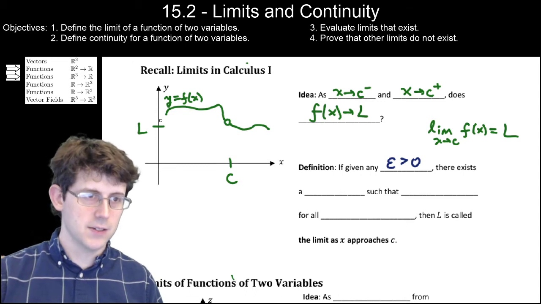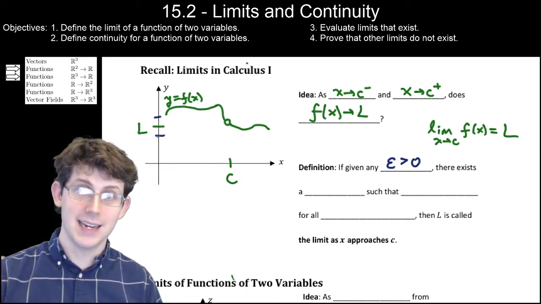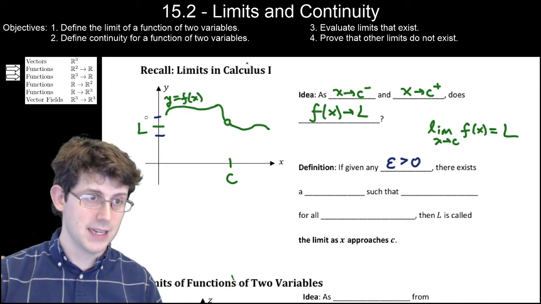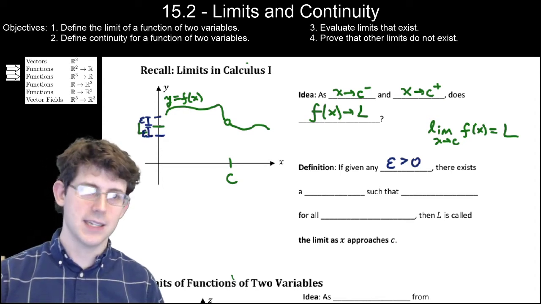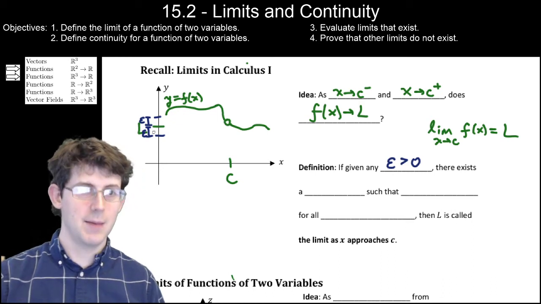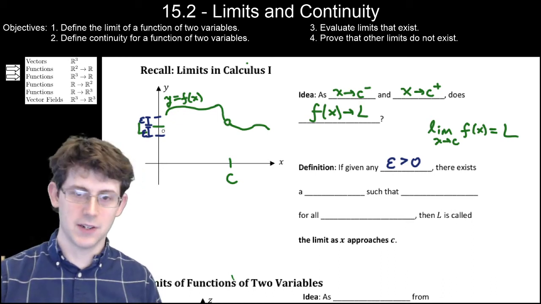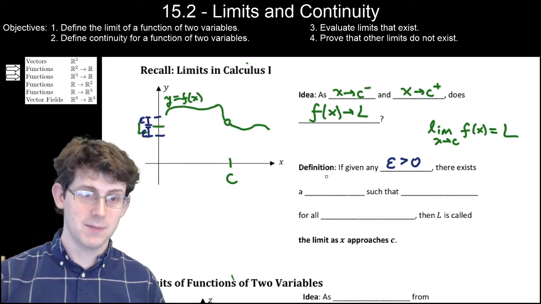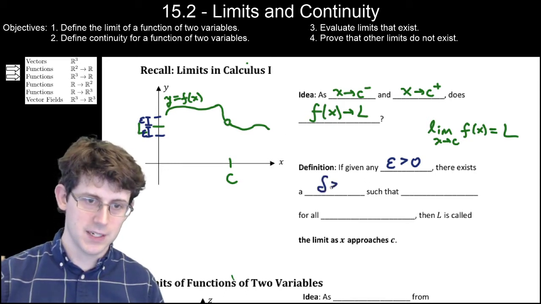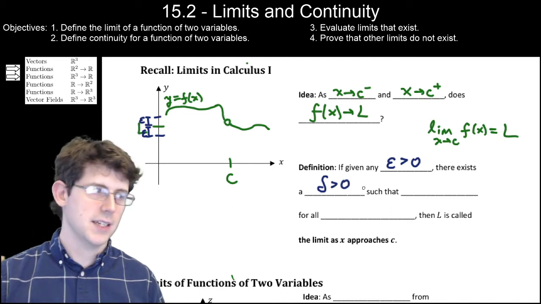Your enemy tells you, look, I bet you cannot keep the y value contained in this range. And epsilon is how far away your enemy challenges you to keep the y value. So epsilon, your enemy says, I bet you can't keep the function epsilon away from L. It's like totally out of control. And the way you respond to that is you have to be able to make a delta, which is another small number, such that